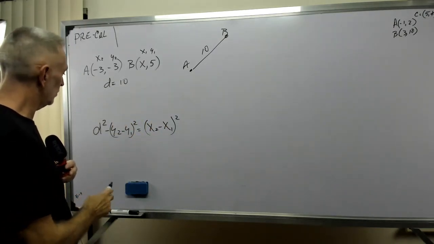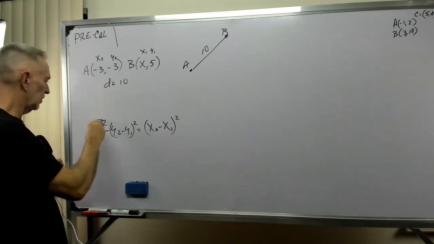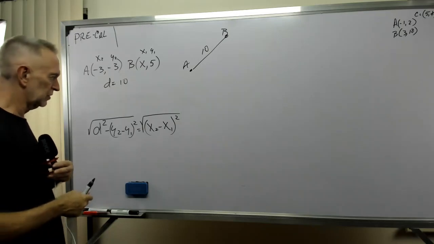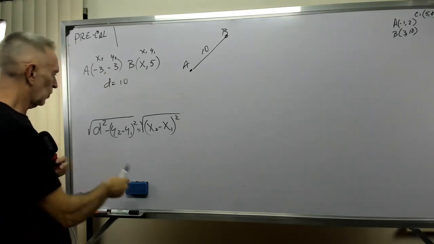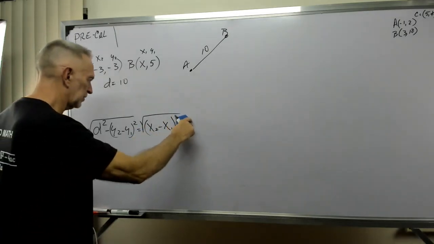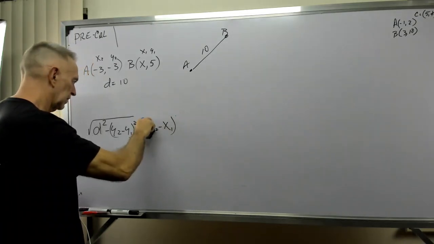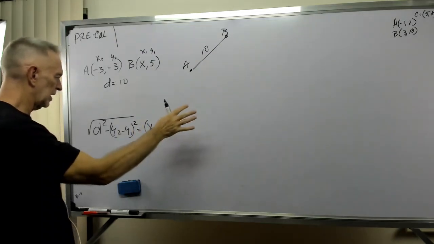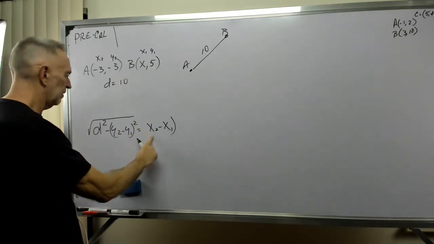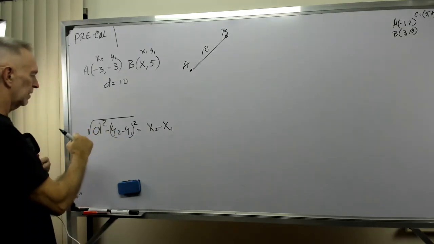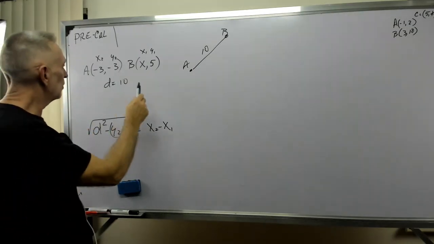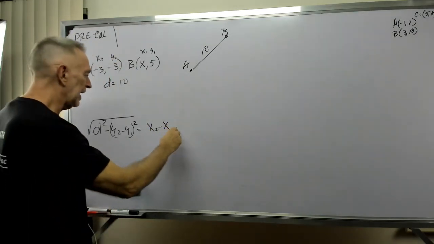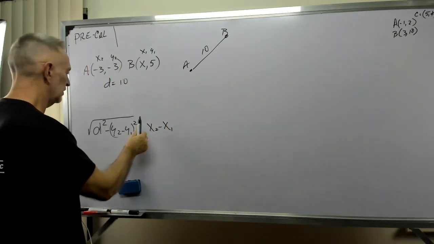Well, what do I do now? If I take the square root again of both sides, the squared symbol goes away. The square root of that square wipes it out. So now I have this. And remember, we were looking for x sub 1, so we're trying to get this guy. So if I add x sub 1 to both sides,